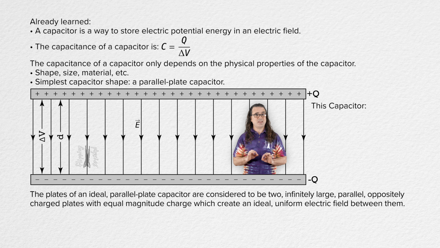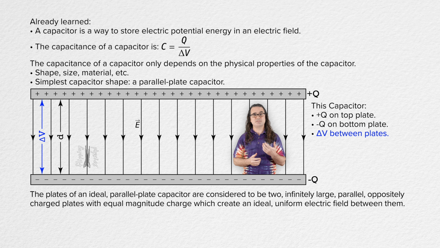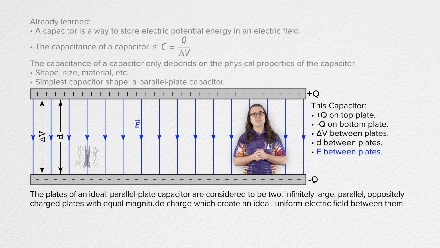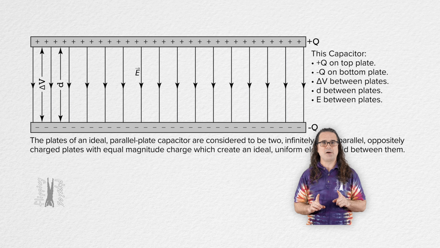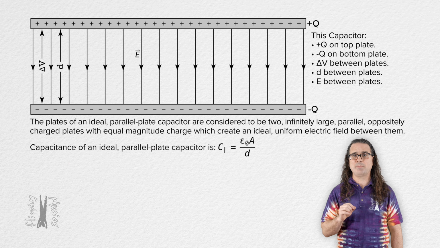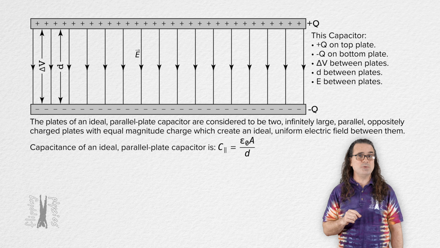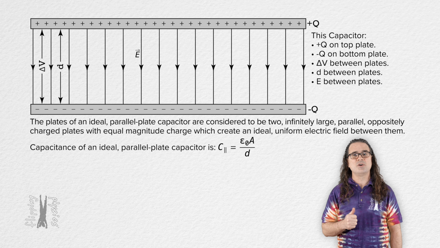Right now, notice that in our illustrations, the plates each have been charged to an equal magnitude charge of capital Q. The electric potential difference between the plates has a magnitude of delta V. The distance between the plates is lowercase d, and there is an electric field between those two plates that is capital E. Now, the capacitance of an ideal parallel plate capacitor equals the lowercase Greek letter epsilon with a subscript of naught